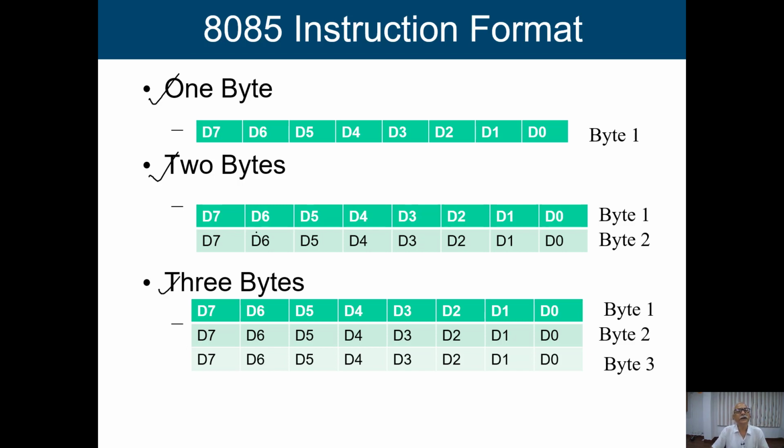Okay, it is an 8-bit processor, so we can handle 1 byte at a time. In the 1 byte format, we have only byte 1. So these data 0 to data 7 give me the instruction. But in the case of a 2 byte instruction, we have to specify the instruction in 2 different bytes, and we have to access it twice. And in the case of a 3 byte instruction, the instruction is composed of these 3 bytes.